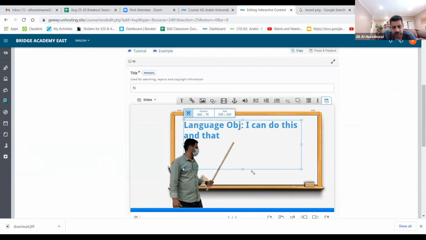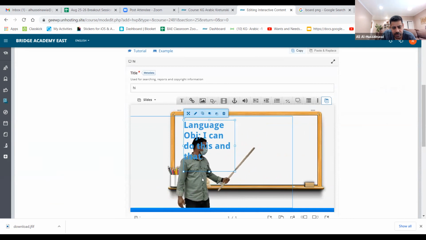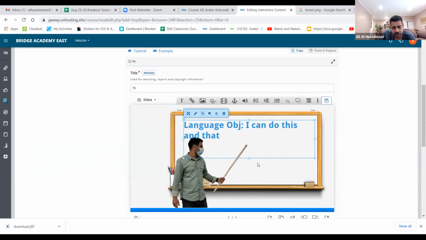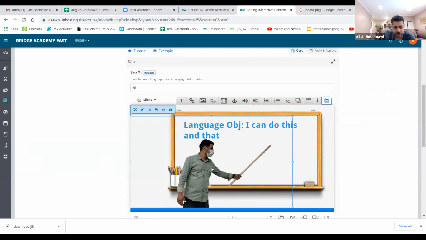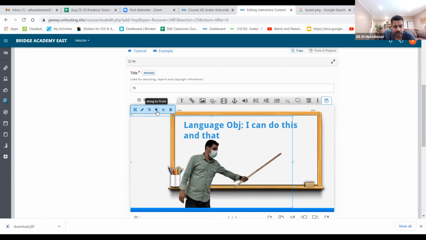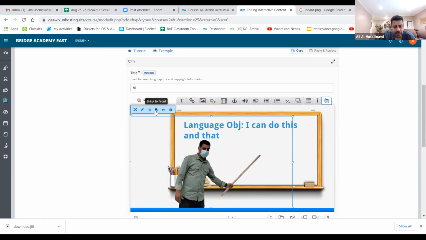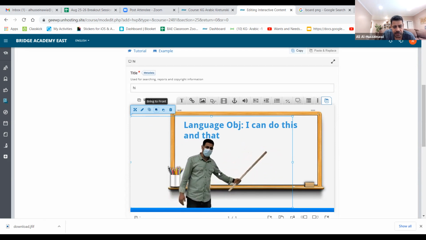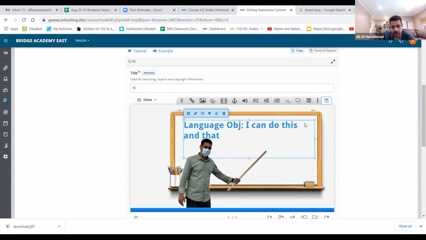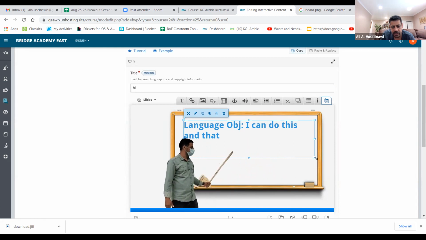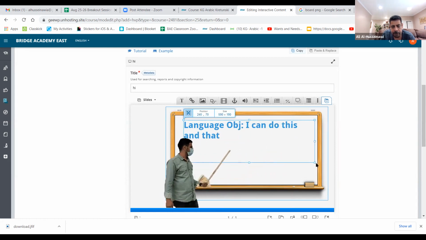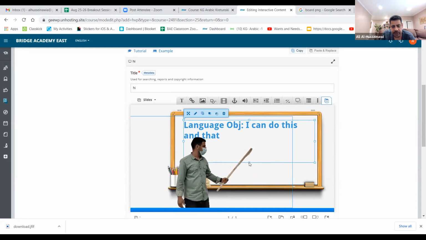Now, if you notice here, the text is coming over my picture, right? So what do you do here? You click on my picture again, the picture that's moving, and you go to bring to front. You see this, bring to front? Click on this one. So now this picture is in front of the other one. So even if you make this small, the writing will come behind it. You see it? Okay, and you also can add another